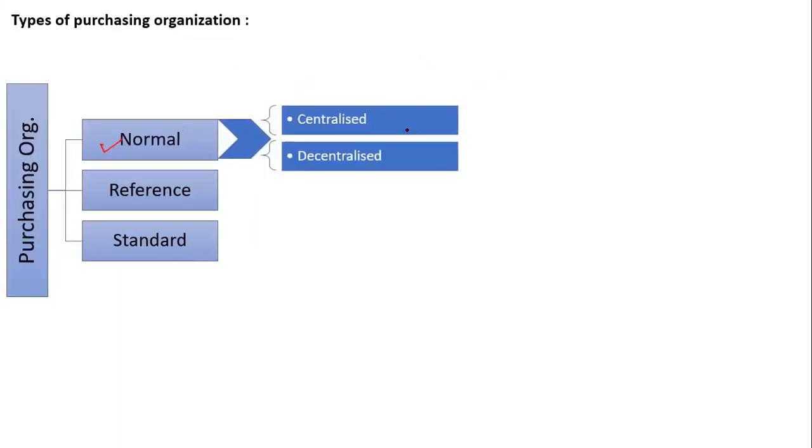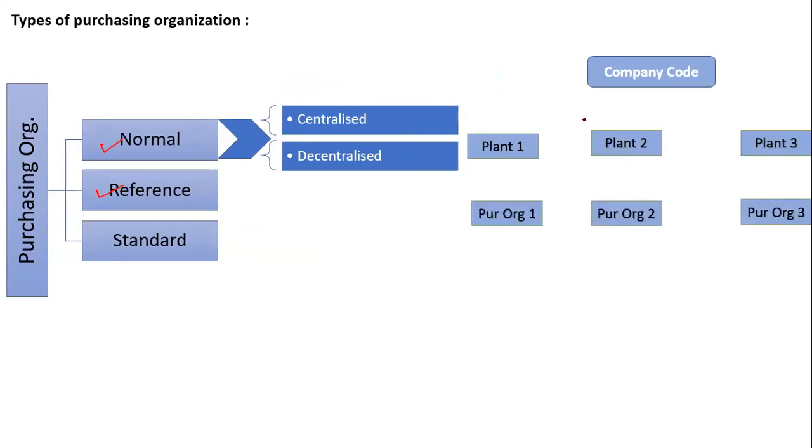So the second type, reference purchasing organization. Let's take an example of a plant specific purchasing organization, with a company code. Under that we have three plants, and each plant has a separate purchasing organization, that is a plant specific purchasing organization. So what is the role of the purchasing organization? It is where we negotiate with the vendor, where we maintain some contract, and where we have a certain type of agreement with the vendor. All these terms and conditions we maintain at this organization level. Now, if I have three purchasing organizations, I have to maintain them each time.